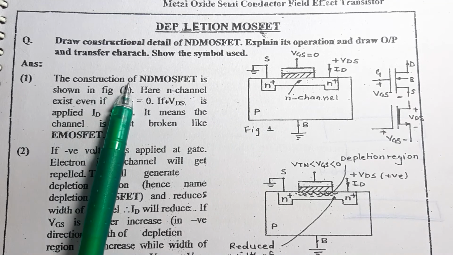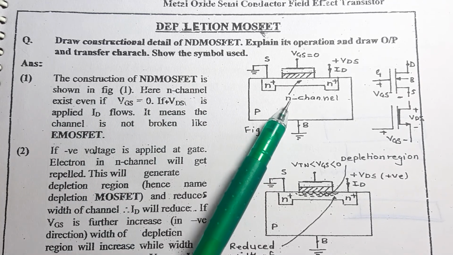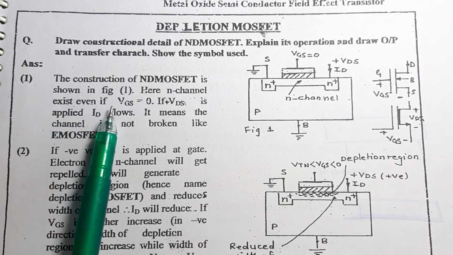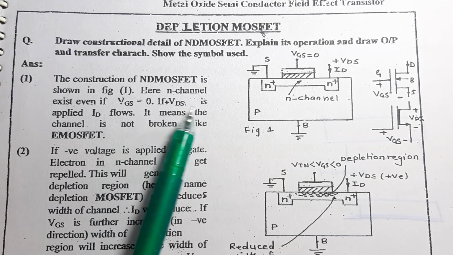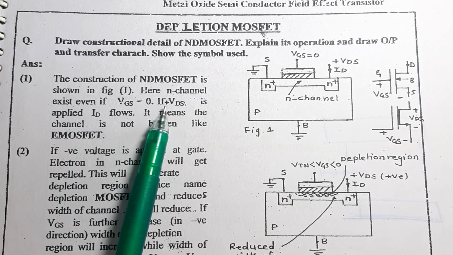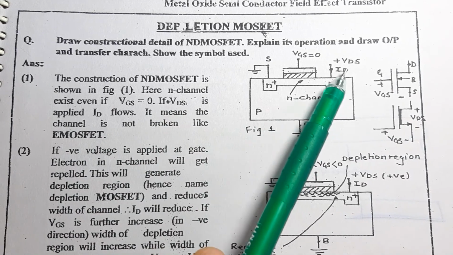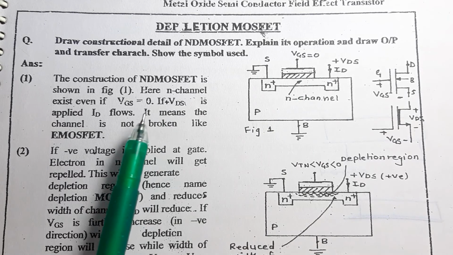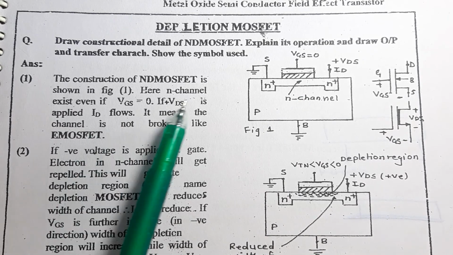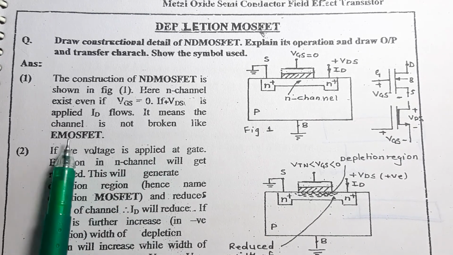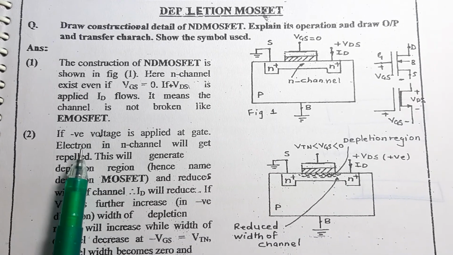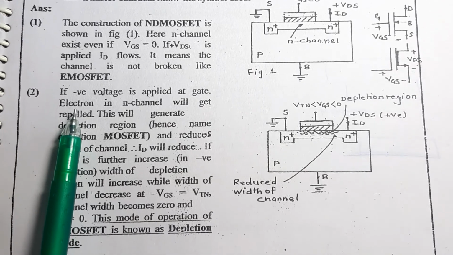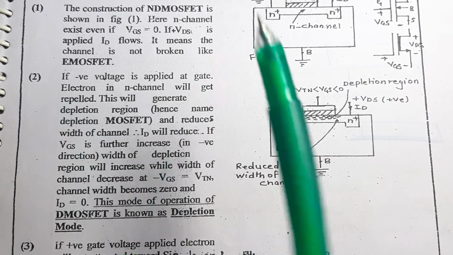The construction of the ND MOSFET is as shown in the figure over here. Here the N channel exists even if your VGS is equal to 0. Now if your VDS is applied, that means the voltage at the drain is applied, ID flows. That means the channel is not broken like your E MOSFET. Now, an important point over here: if a negative voltage is applied at the gate,